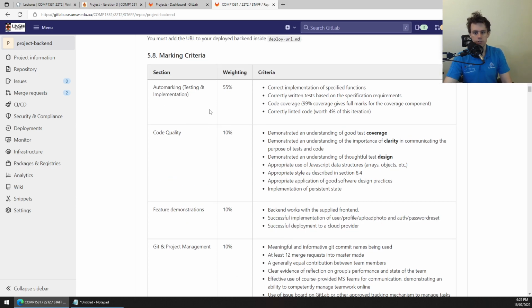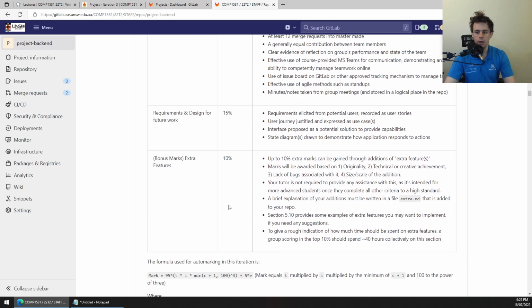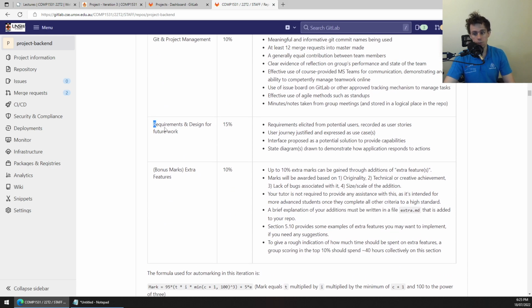So think of that like part of your auto marking. It's like doing stuff. It's like your implementation that we're marking. And then we've got 2 new ones down here, one being a requirement and design for future work,